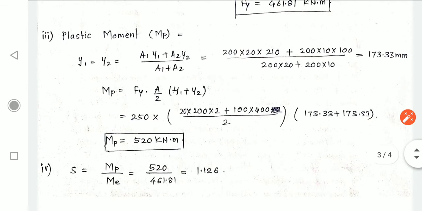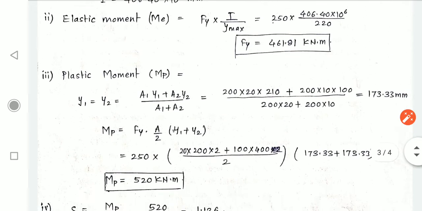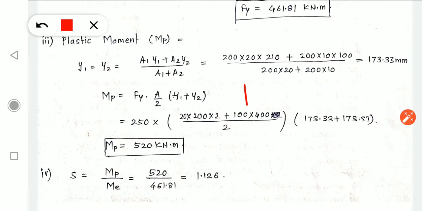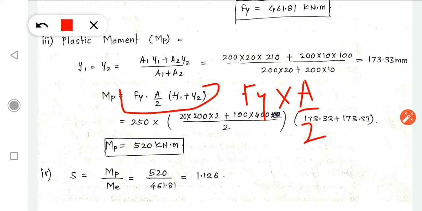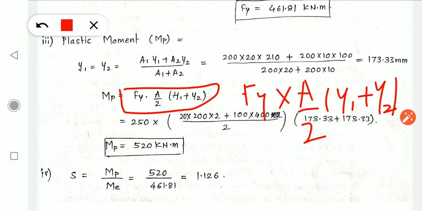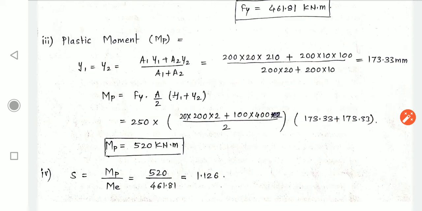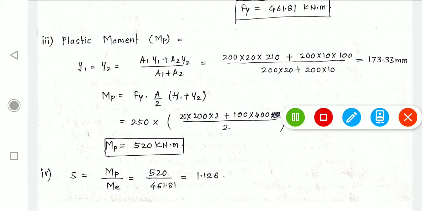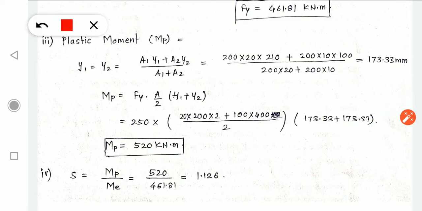Next is the plastic moment, MP. How to calculate MP? For that again Fy is needed: Fy into A by 2 into y1 plus y2. That is the formula. So we have to calculate y1 as well as y2 and half of the area. See, now y will be changed. Y in this section will be